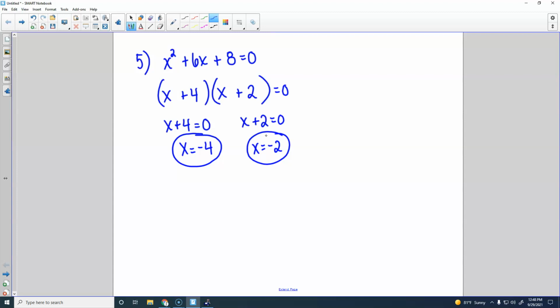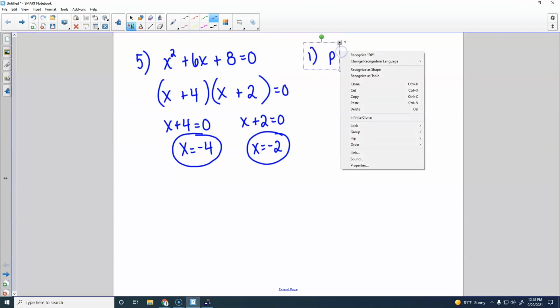Okay, yes. No, not all of them will factor. So like number 1 does not factor. So you have to either use quadratic formula or completing the square. But like number 5 does factor. I'm pretty sure 7 will factor. 4 factors, 6 factors. So if you recognize that it will factor, go ahead and factor it because it's a lot faster. But if you try like number 1, you're going to have p squared